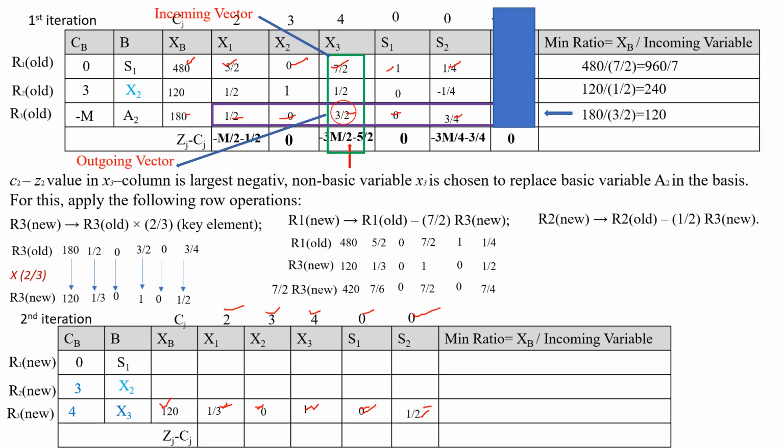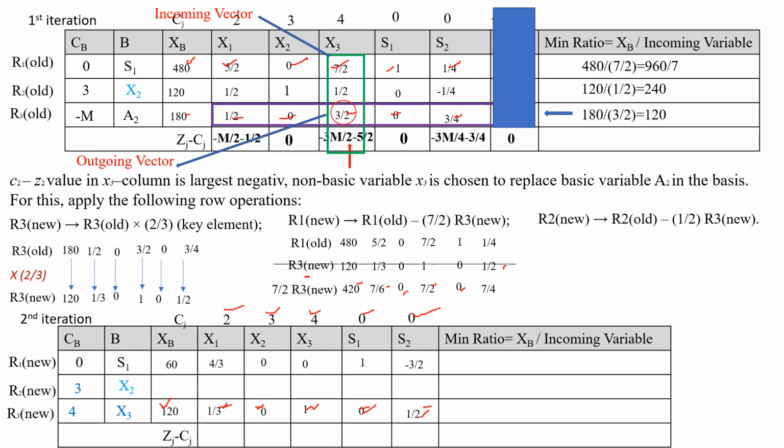Then 7 by 2 into R3 new elements is 120 into 7 by 2, 420, 1 by 3 into 7 by 2, 7 by 6, 0 into 7 by 2, 0, 1 into 7 by 2, 7 by 2, 0 into 7 by 2, 0, 1 by 2 into 7 by 2, it is the 7 by 4. So next we have to do the R1 old minus 7 by 2 into R3 new, that is